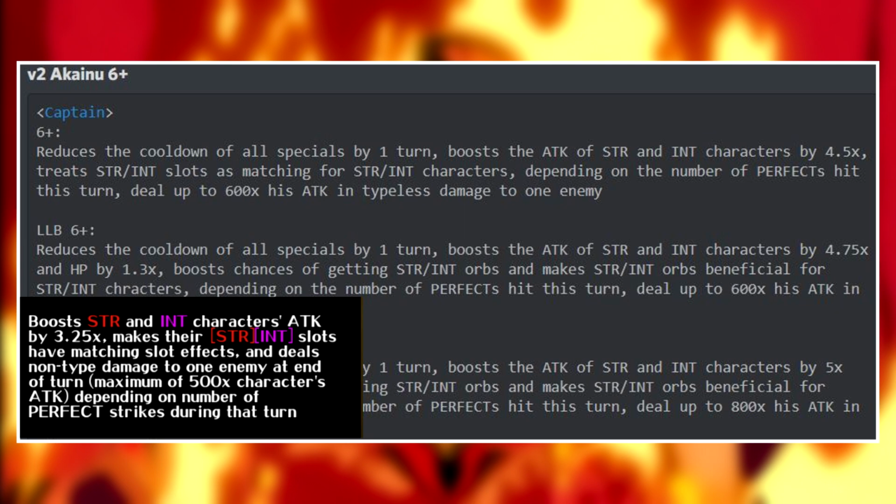he reduces the cooldown of all specials by 1 turn, something that did not exist, so always a plus. He boosts the attack of strength and int characters by 4.5 times, a great and very significant increase in his attack boost, from 3.25 times to 4.5, in my opinion one of his biggest drawbacks as a captain, because yes,